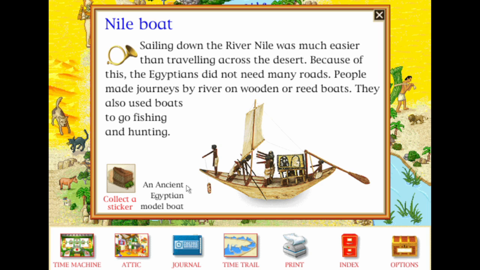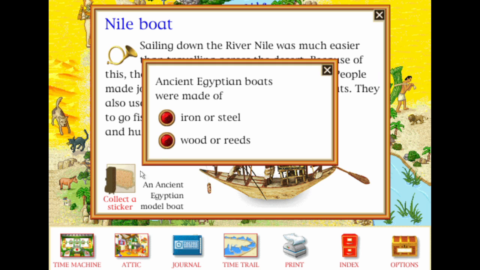Nile boat. Sailing down the River Nile was much easier than travelling across the desert. Because of this, the Egyptians did not need many roads. Ancient Egyptian boats were made of